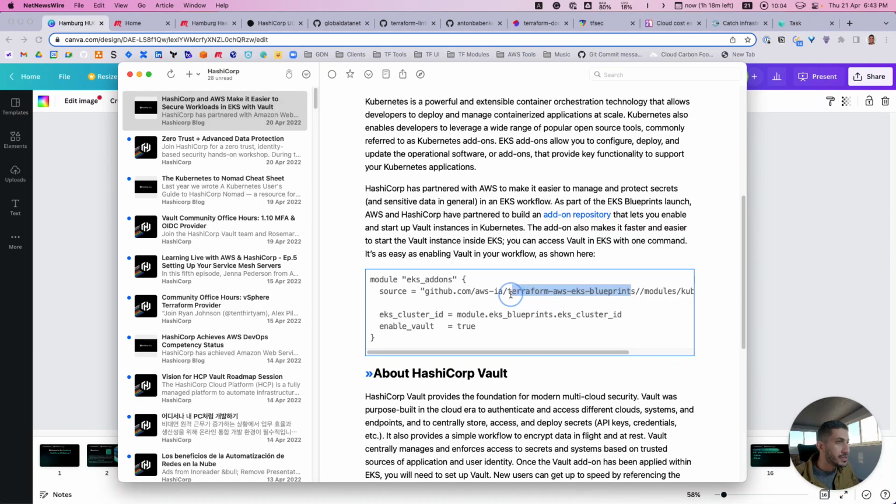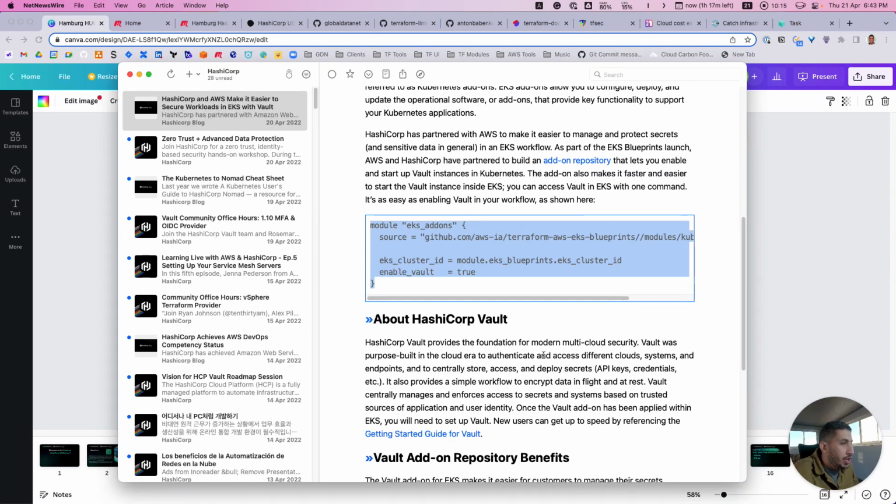You can use the AKS blueprints here from AWS Infrastructure Automation. This is a good organization on GitHub that you can follow, and you can see that you can easily deploy HashiCorp Vault. If you never used Vault before, Vault is like security as a service. You can use that for encryption as a service, generating temporary access for AWS, or generating secrets. All of the things that you need security-wise on your application can be done with HashiCorp Vault.